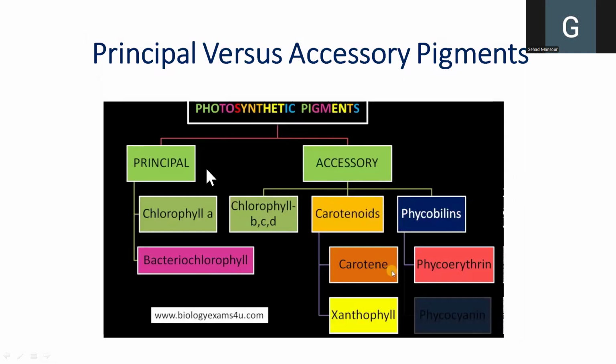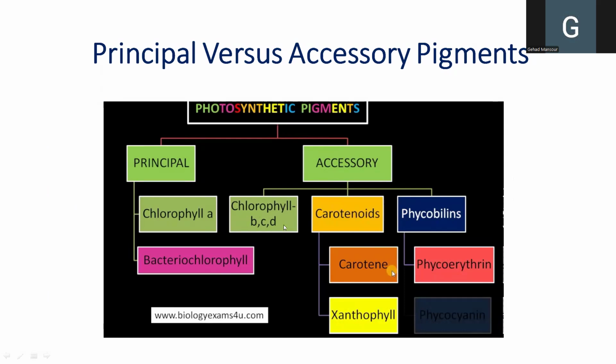The photosynthetic pigments can be divided. This is an interesting diagram. They can be divided into principal pigments and accessory pigments. The principal pigments include chlorophyll A in green plants and in bacteria. Bacteriochlorophyll is a principal pigment, but in bacteria. The accessory pigments include